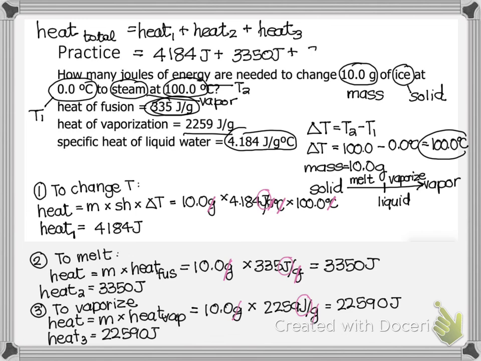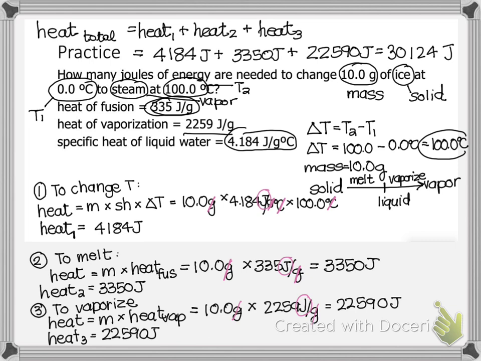All right, so let me add those together. And I get 30124 joules. So that's the amount of heat it would need to change 10 grams of ice at 0 to